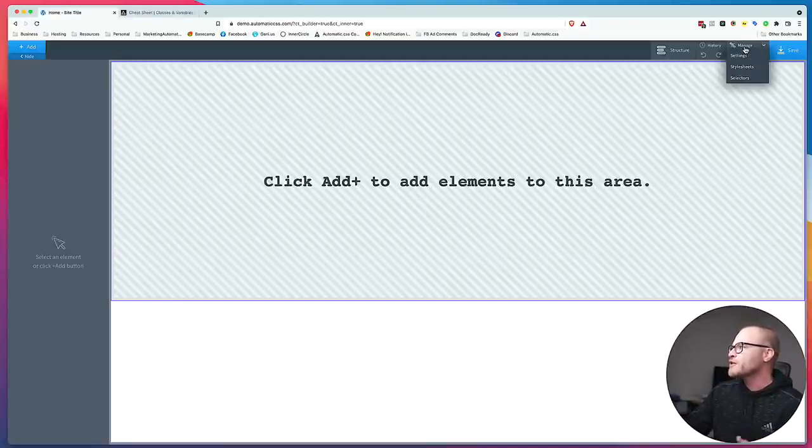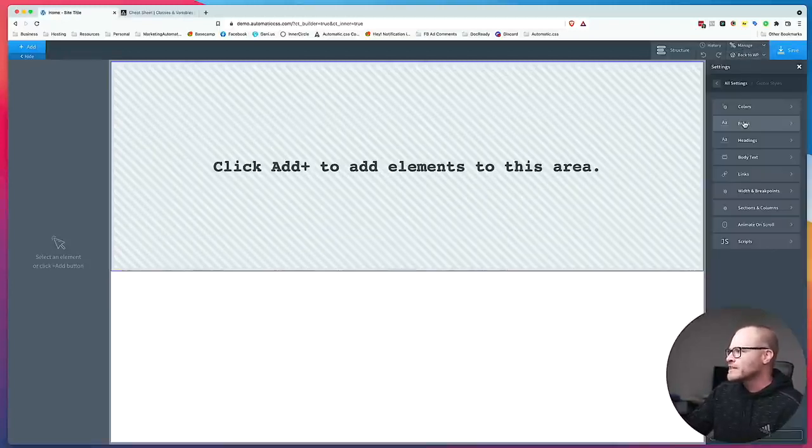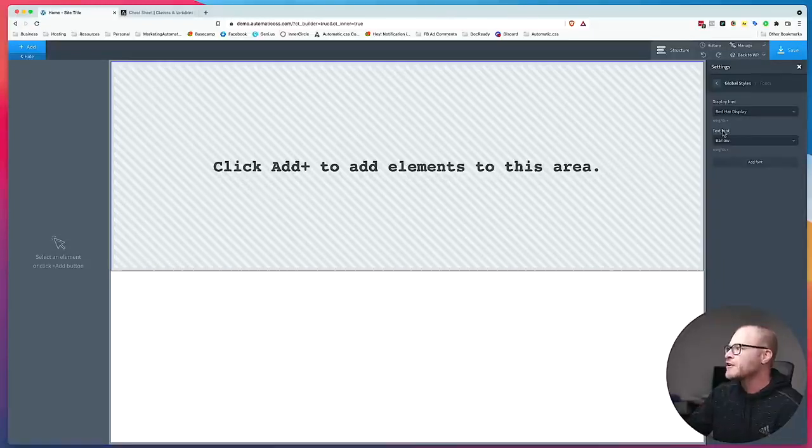What I'm going to do is go to the Manage Settings and Global Styles section of Oxygen, and we're going to talk about what needs to be set up here and what doesn't need to be set up here. First and foremost, colors. You do not have to set up any colors in the Oxygen builder. That's all going to be handled by Automatic.css. Fonts. You do have to set your fonts